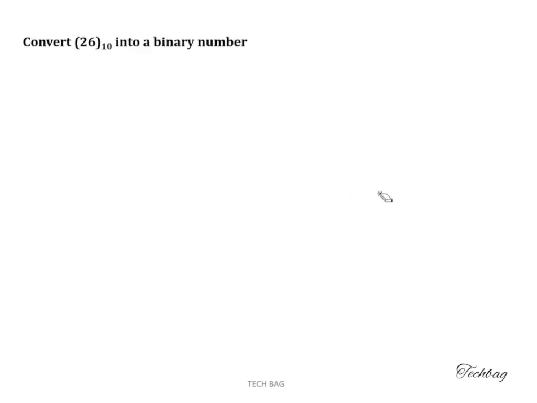Convert 26 base 10 into a binary number. This 26 can be represented by a 5-bit binary number. And we know the position weight of our binary number. Here the position weight is represented by the powers of the base value, and here the base value is 2. So the position weight is represented as 2 power 0. We need only 5 bits.